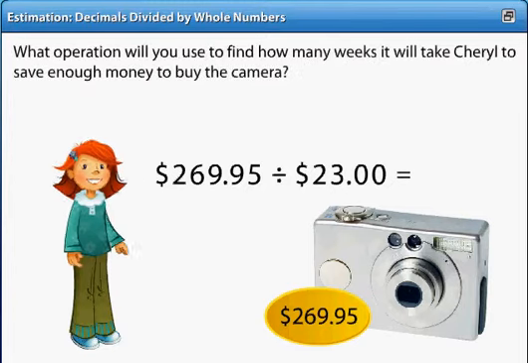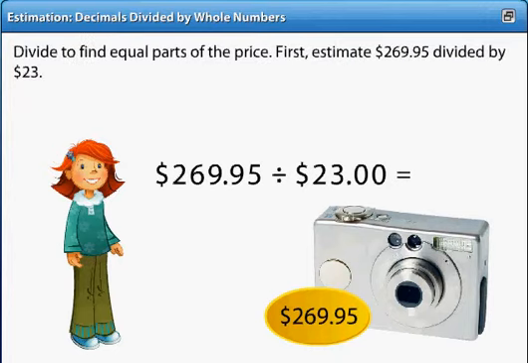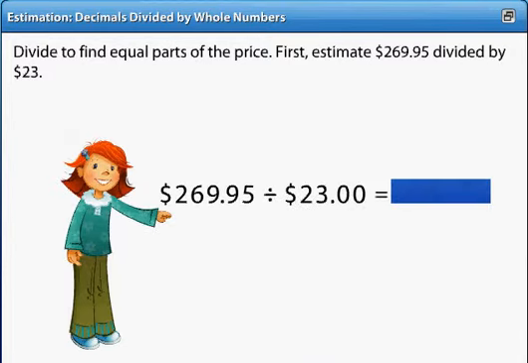Obviously. What operation will you use to find how many weeks it will take Cheryl to save enough money to buy the camera? Anytime they're asking you how long it's going to take, questions like this are going to be division. Unless they're asking, it took you 10 minutes to go yesterday, how long will it take you to go every day this week? Of course, that's going to be multiplication, but this is division. Divide to find equal parts of the price. First, estimate